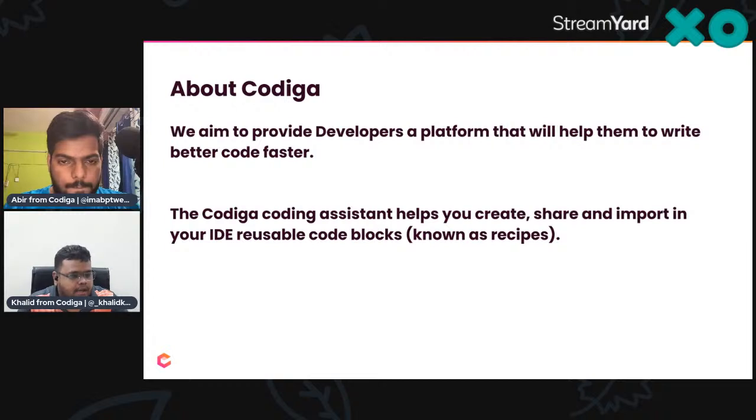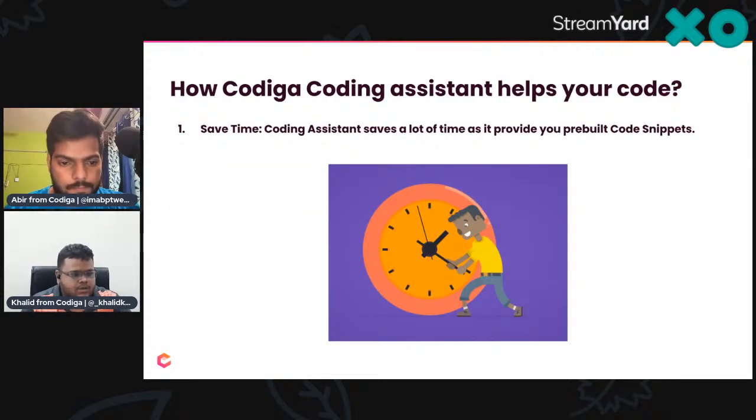So about Codiga, we aim to provide developers a platform that will help them to write better code faster. Codiga coding assistants help you create, share, and import code snippets into your IDE that we call recipes on our platform. So why use a coding assistant, why not write long snippets on your IDE, because